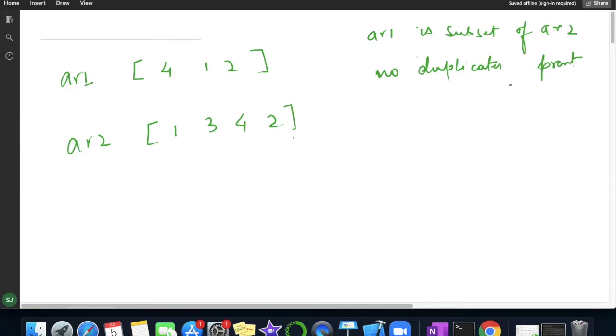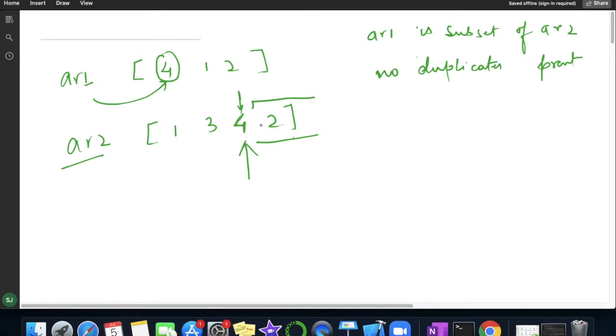Now what we have to do here is iterate element by element in array 1. For example, the very first element is 4. Now we have to go to array 2 at that place, where the element is 4. Then we have to find the next greater element after this place, so after 4 has occurred here, I have to find the next greater element.